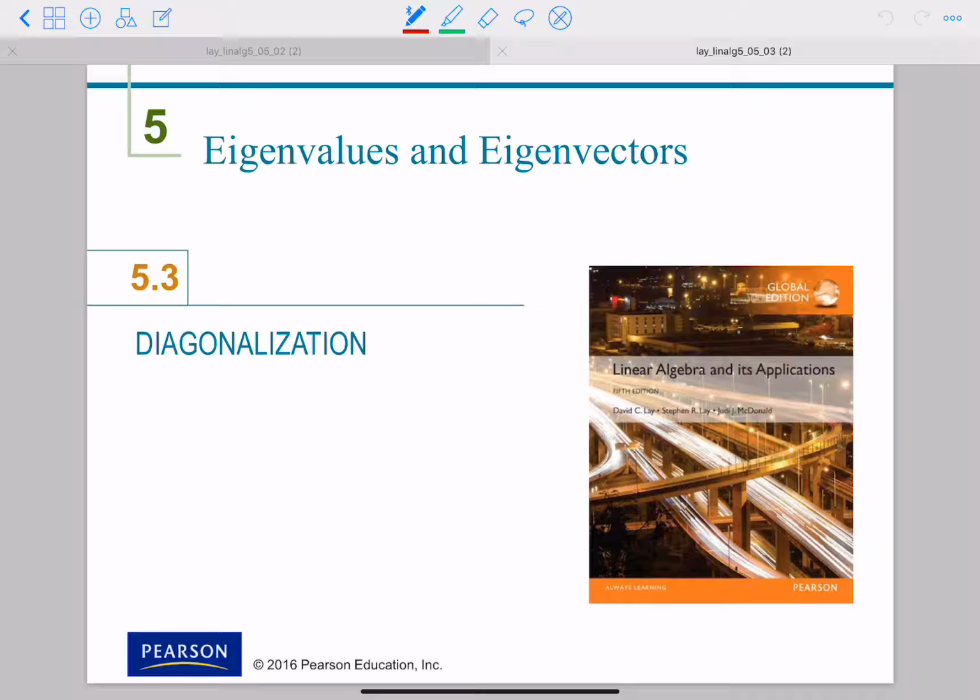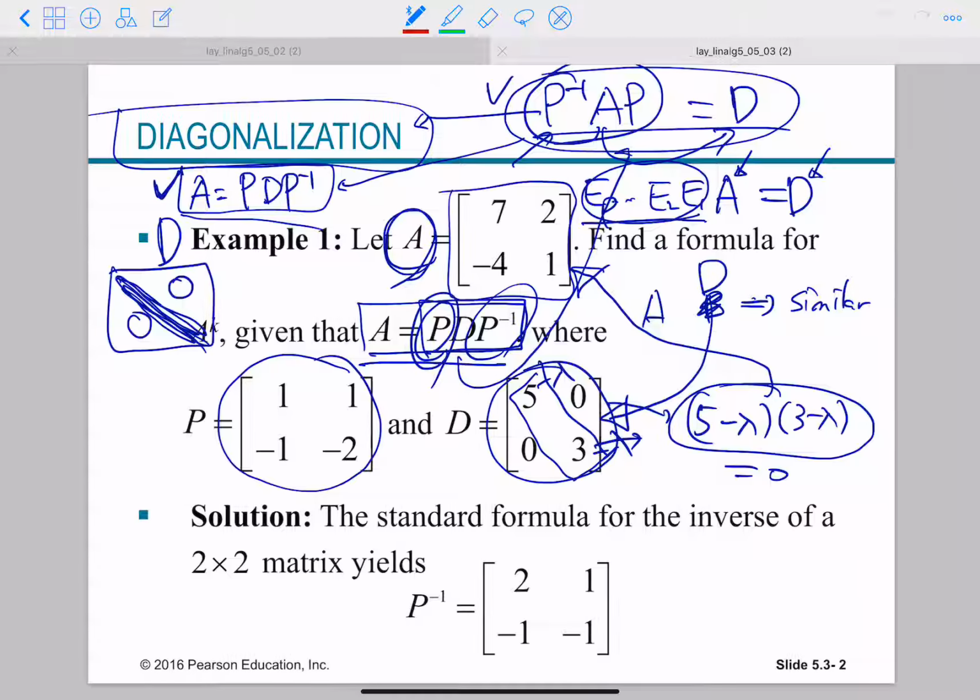Right, let's start. So let's briefly review what we studied the last time. Okay, so